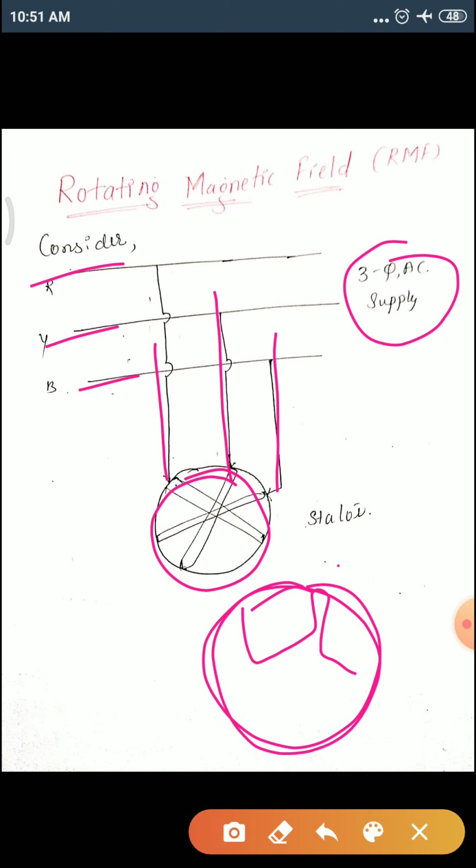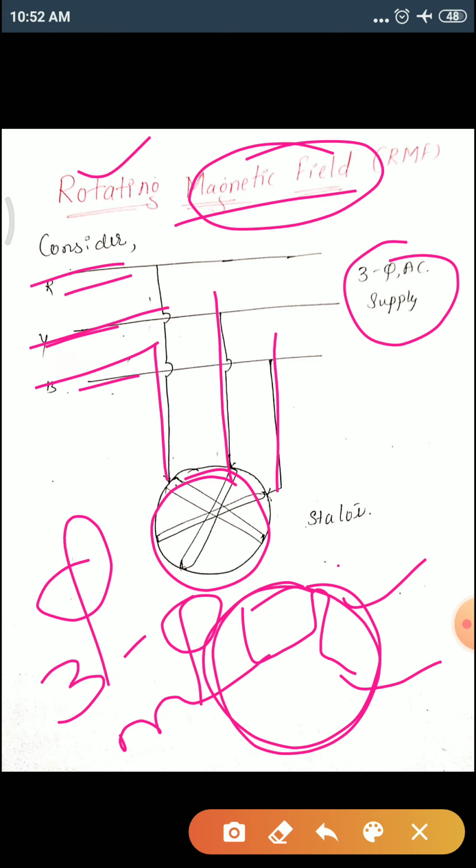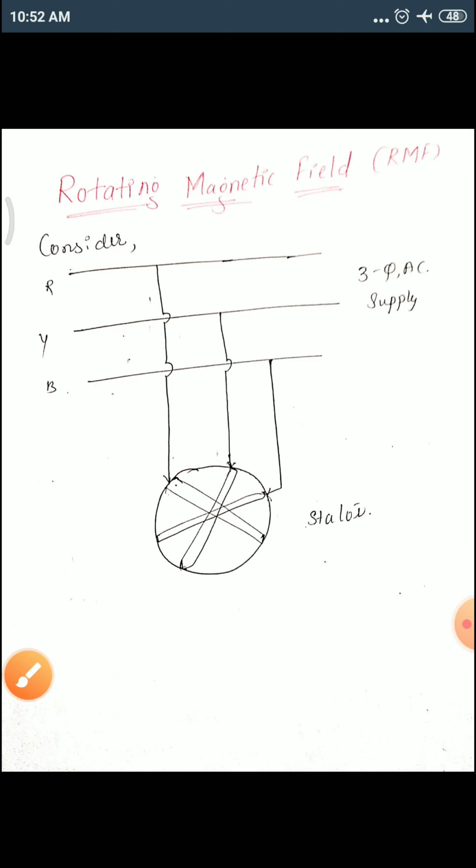When you pass a three-phase supply to this, there will be a three-phase magnetic field, or you can say flux, an electromagnetic field. Therefore we need to find out how much flux this is and how it will be rotating. As we know, the stator is a static part, which is not moving at all. Yet we say the magnetic field produced through the three-phase supply starts rotating. We'll see what this means. So let's start.